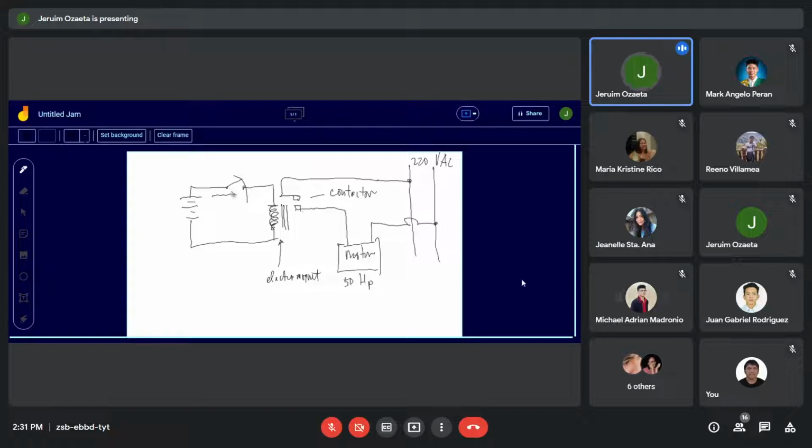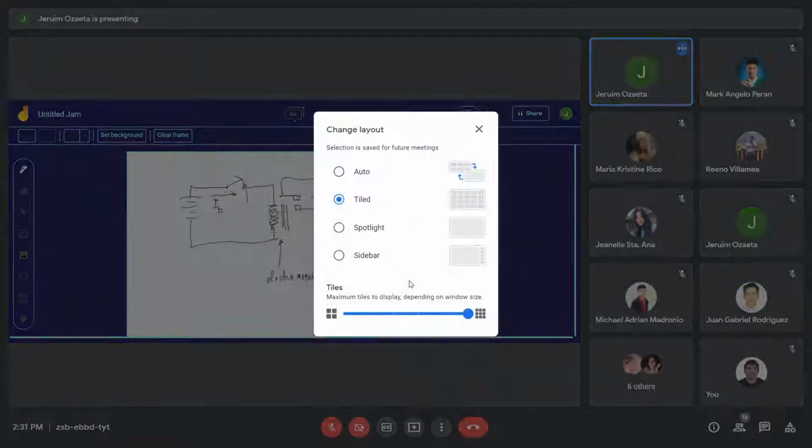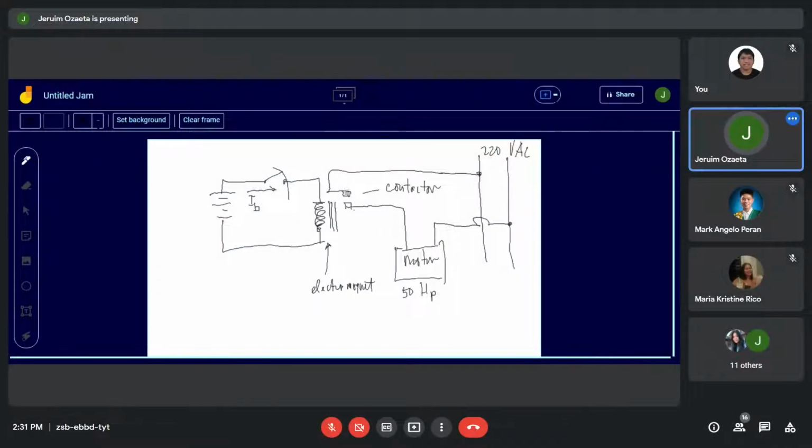So the current from the battery operates the coil, and then the coil closes the switch. Okay, so this contact closes so that the power from the 220 volts AC is closed in order to power